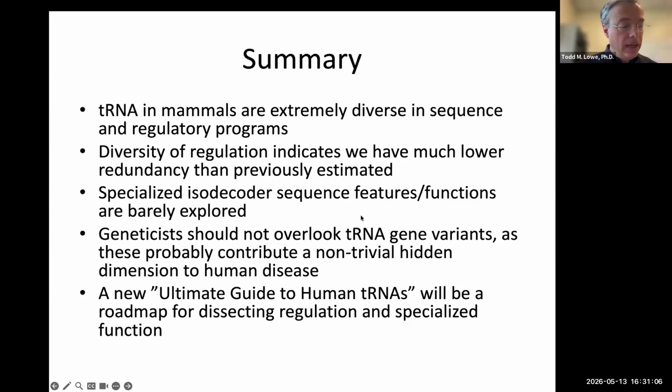All right, so I've run out of time. Just in summary, tRNAs in mammals are extremely diverse. They've got all kinds of regulatory programs. The diversity of regulation that we see shows that if you knock out or have a dysfunction of one particular tRNA, others can't necessarily take its place, even if they have the same anticodon. Specialized isodecoder features and functions are barely explored, and geneticists need to start looking at these variants. And finally, we have an ultimate guide to human tRNAs, which integrates basically all of this functional genomics data and the evolutionary data, that people will be able to look up and start to get some leads as to the importance of each individual human tRNA, their role, and which parts of the tRNA seem most